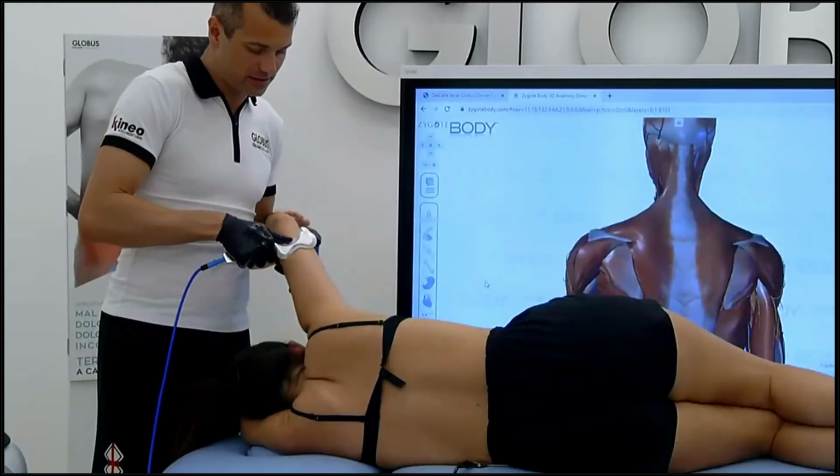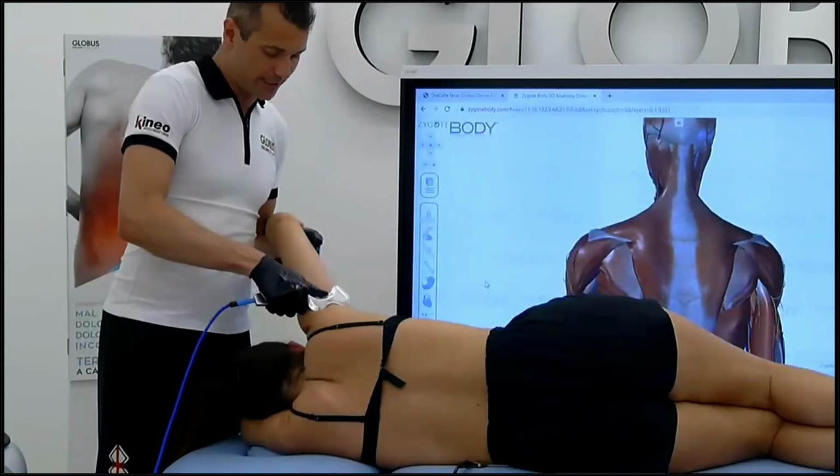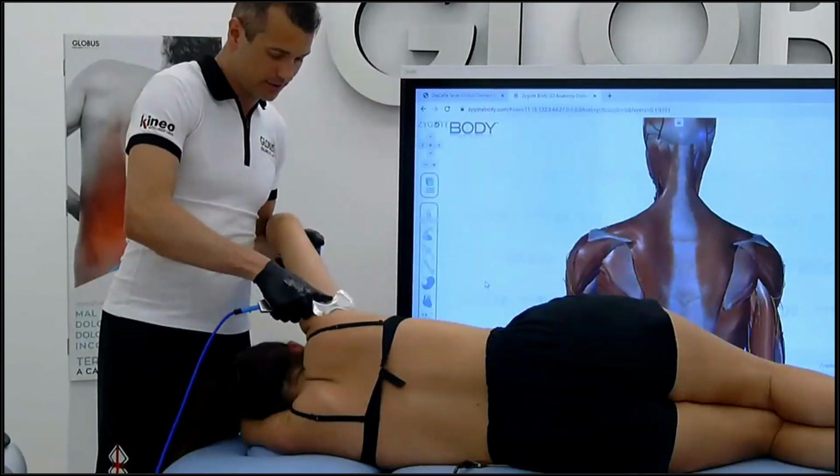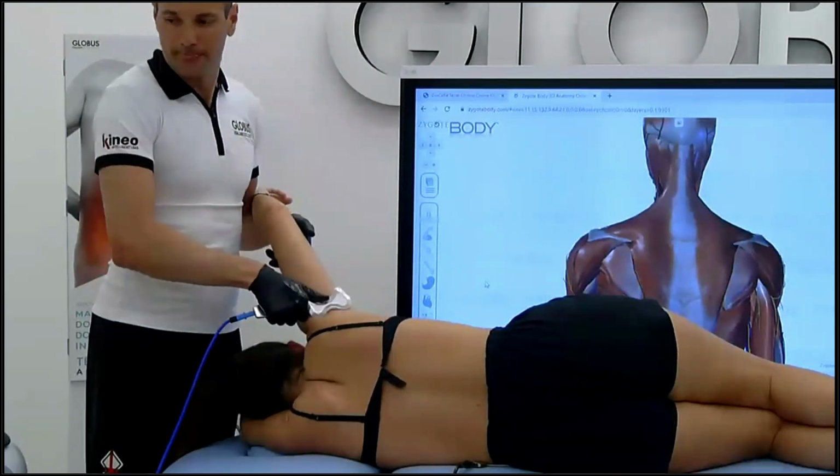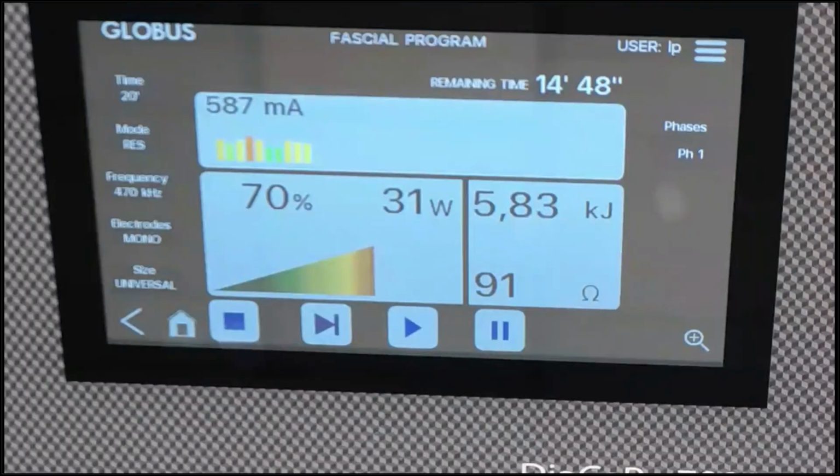I'm treating again the same area, the posterior part of the triceps. So the values of current are increasing, more than 600 milliampere. Have a look right now at what I'm going to show you.